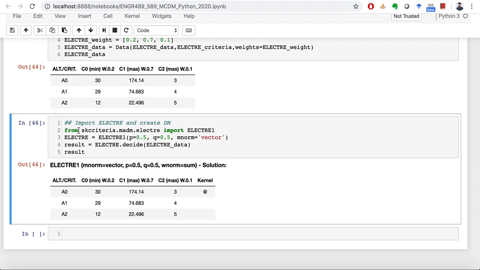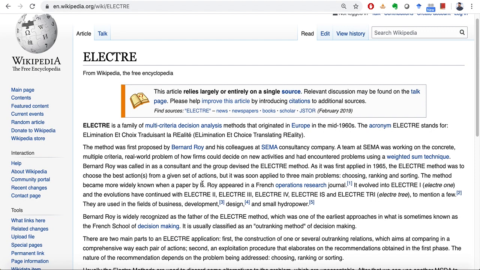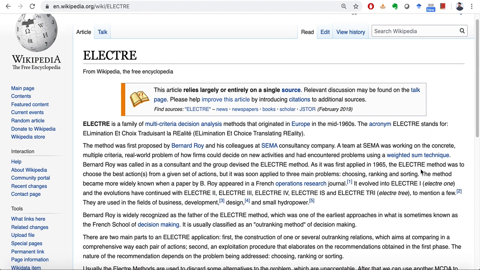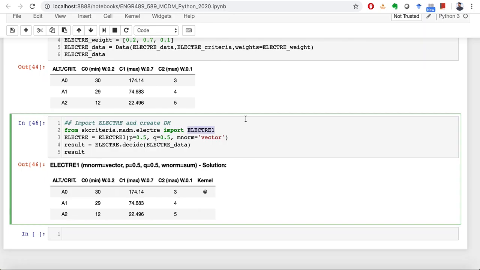So for the ELECTRE, from the ELECTRE module, we import ELECTRE1. For ELECTRE, we have different types. In Wikipedia, for example, you can go and see we have different methods for ELECTRE. ELECTRE1 is the most famous one, but we have different versions of ELECTRE. In this library, we only have ELECTRE1. So we import that, and then